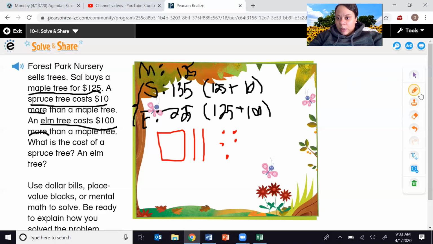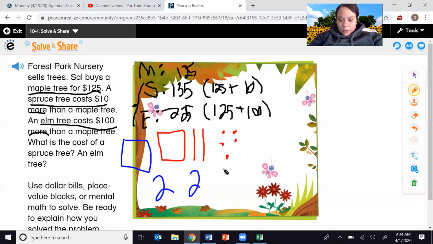Okay, I still have to draw my number 100. We're not crossing anything out because we're not subtracting. We're adding, right? So we're going to add our blocks into these blocks. So we have a 1 in the 100s place, so I'm going to draw one more block. Do I have any 10s? No. Do I have any 1s? No. So that's it. So I have 2 hundreds, 2 tens,